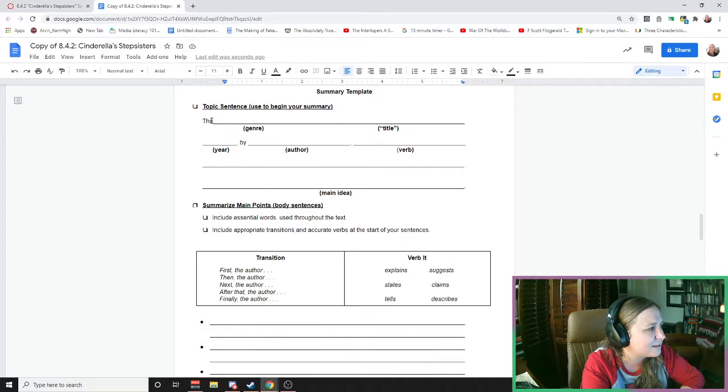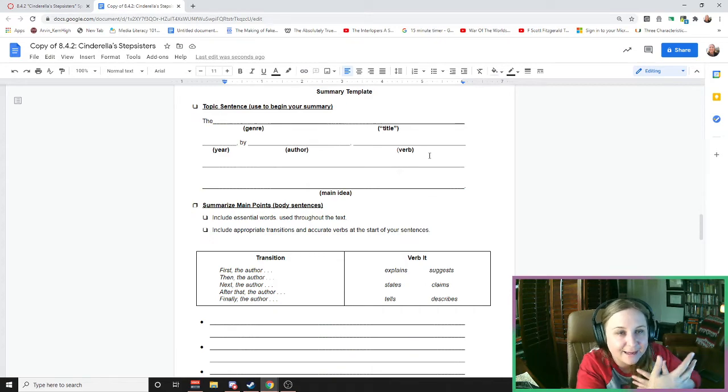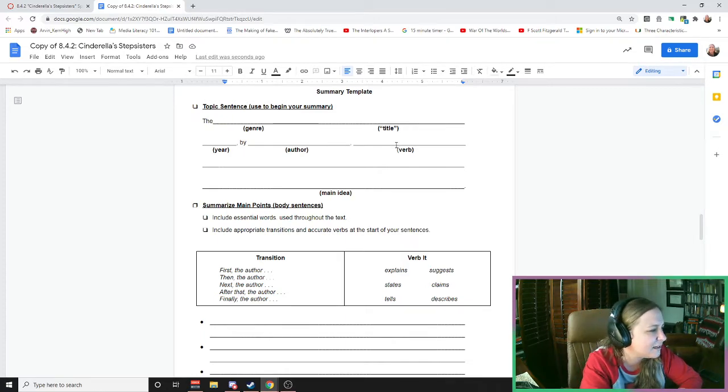Okay, I have some sentence frames here that you can use. Okay, so you can fill in the blank. Like, for example, you can say, the speech, Cinderella Stepsisters, 1979, by Toni Morrison, explains blankety blankety blank, or shares the idea that blankety blankety blank, or conveys to the listener blankety blankety blank. Okay, you guys come up with the blanks here, but just make sure that you tag the speech, give me the title, the author, and the genre. Okay, Cinderella Stepsisters, Toni Morrison. It's a speech. Think about that for a second.